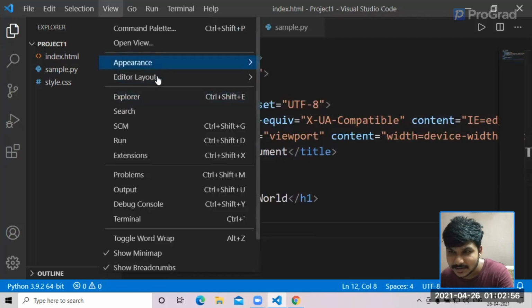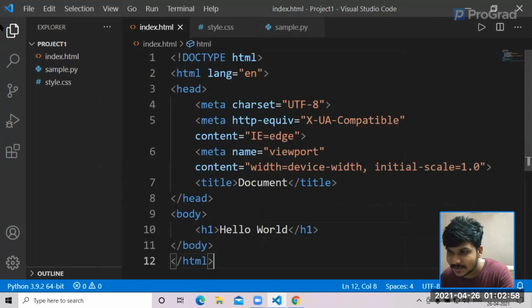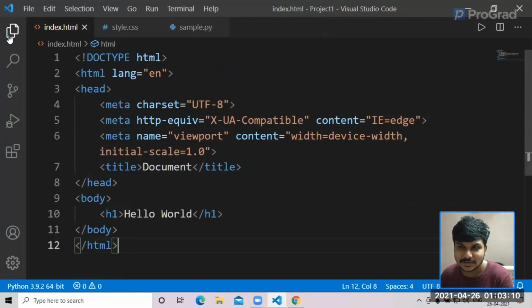But when you select Toggle Wrap, it is just squeezed inside the screen in such a way that you can see each and every one of the things within the same view as well. So if you don't want this side panel, just go ahead and select this. It obviously goes back inside.